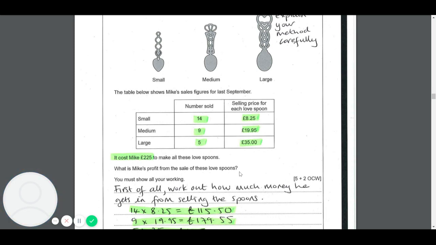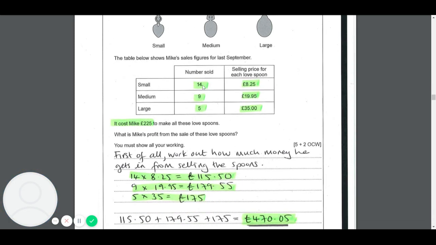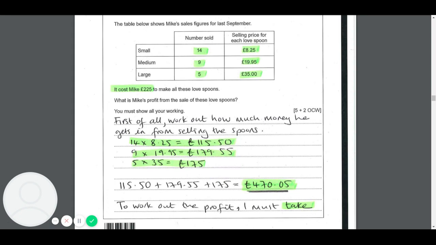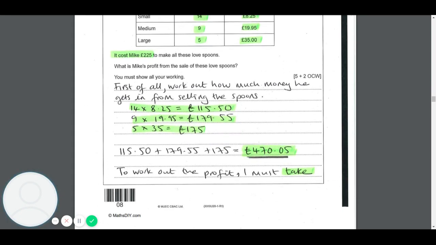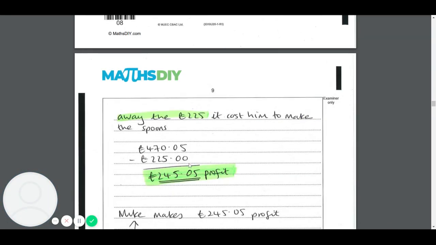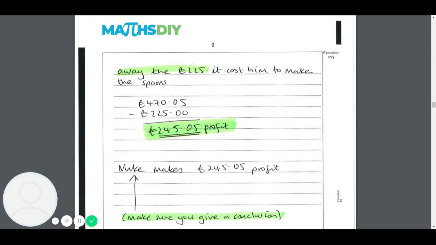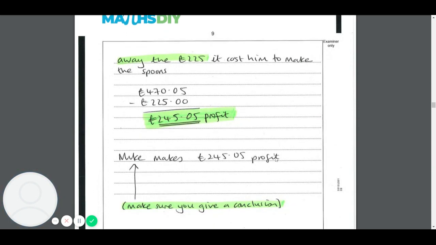What's the profit? So 14 times this, and that'll tell you the total sales from the small love spoons. 9 times this gets you the sales from the medium love spoons, and 5 times this gets you the sales for the large ones. Add all that up, and you get £470 and 5 pence. And then subtract the 225, and you're going to get the profit of £245 and 5 pence. And just a few words here and there. Just say that that's the profit,